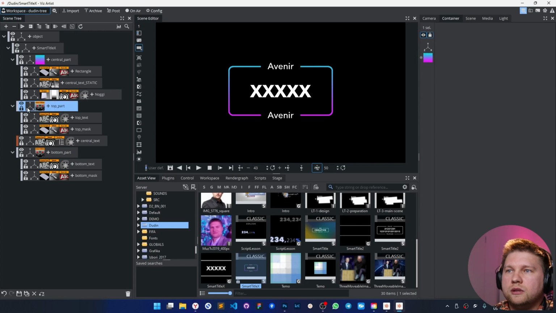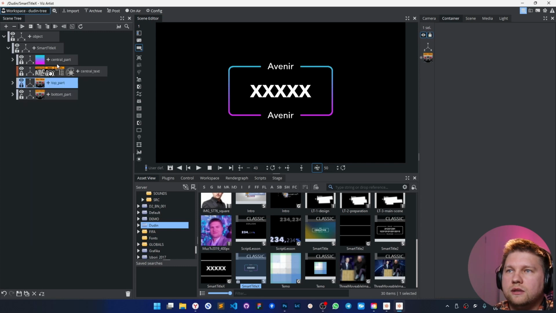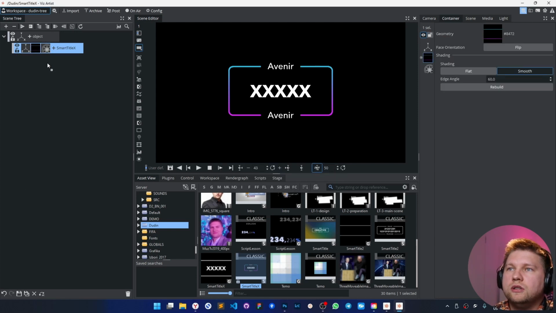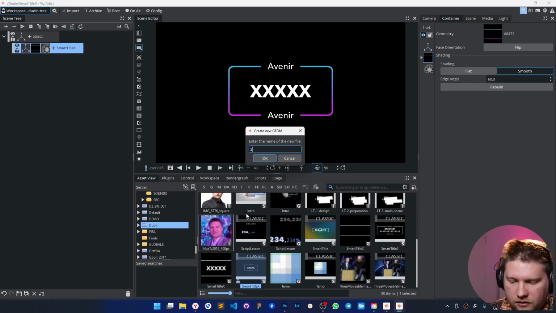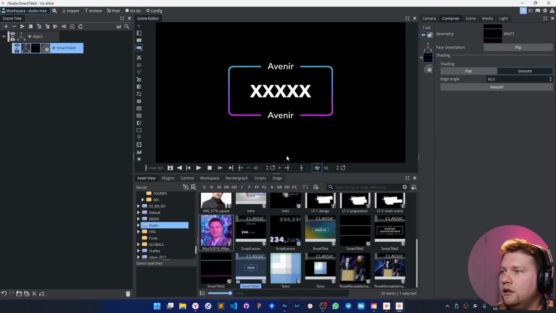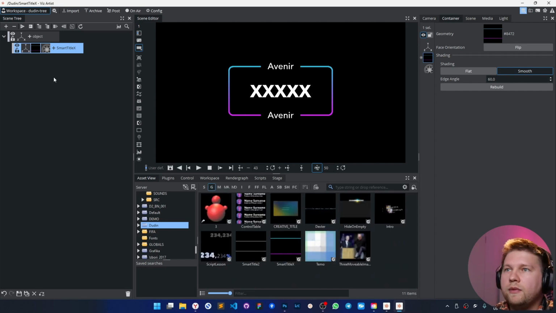So central part, top part, yeah. Should be like that. Okay, you see? Now it's much better. Okay, merge it and save it. Okay, rename, replace, no worry.